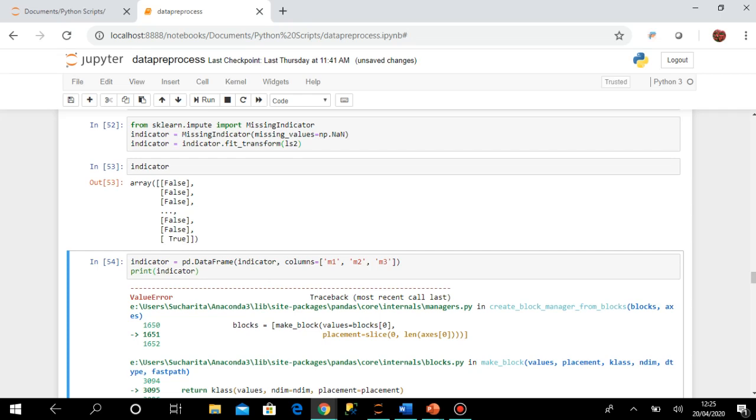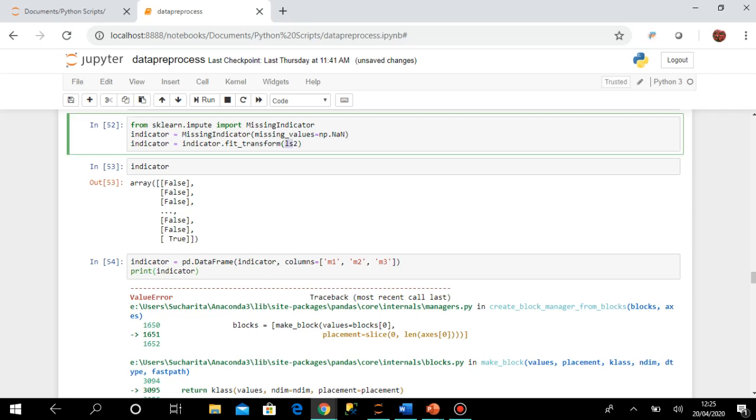Because though ls2 had 3 columns, among them only the age column had nulls, the rest of the 2 were not null. From printing the indicator I can also see that there is actually 1 column of data. So you understand that when I generate the data frame from the indicator, it will have only as many columns as there are columns with null values. If any column has 0 null values, then no column will be created in the indicator.